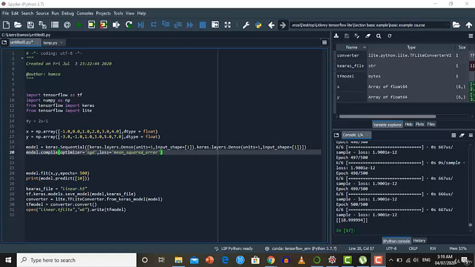Similarly, I added a comma, then I specified a second layer, which is our second hidden layer. So Keras.layers.Dense, and units equal to 1, which means that it also contains one neuron, and the input shape is also 1 because the output shape of the previous hidden layer is also 1, since it has only one neuron. So the input shape for this layer will also be 1.